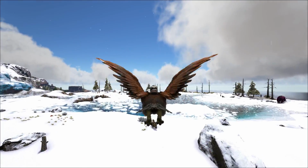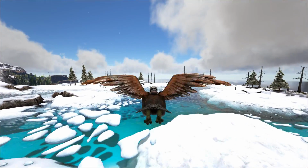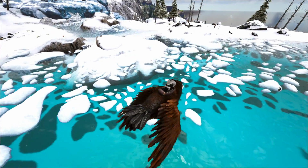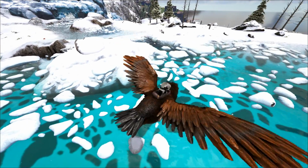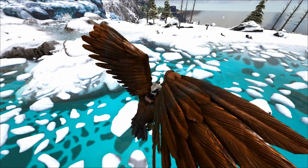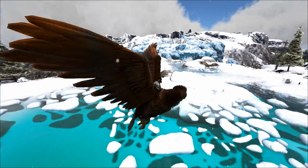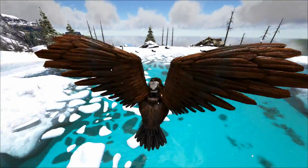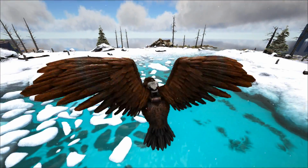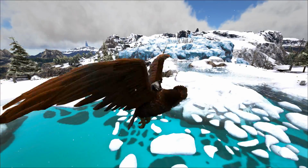You see all these ice floes out here? That is a habitat that, while it looks visually interesting and you would think would be great for penguins to go frolicking in, unfortunately, they have a tendency to get stuck. And one thing that I have learned the hard way, if you're going to let penguins loose in the wild to breed and establish a large population, you do not want any areas around where they can easily get stuck and lodged under something, because then they get trapped, and sooner or later you'll get a male and female next